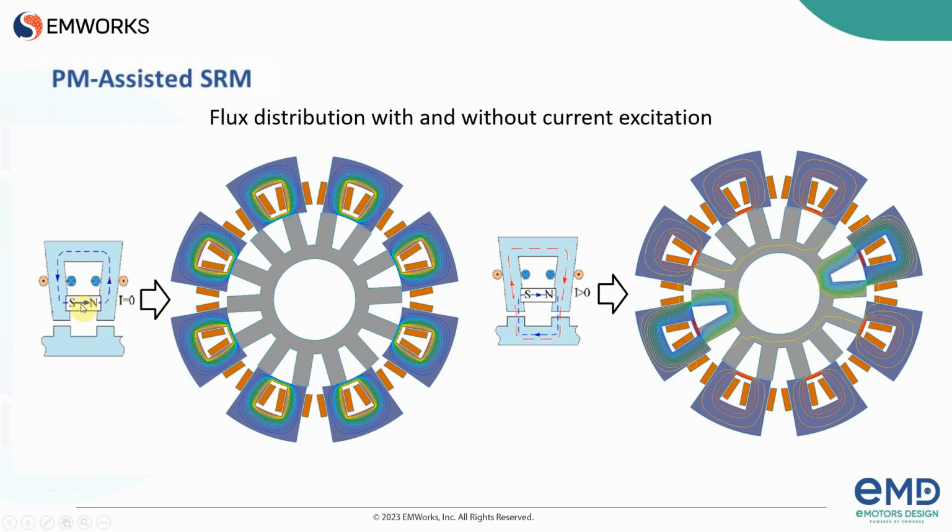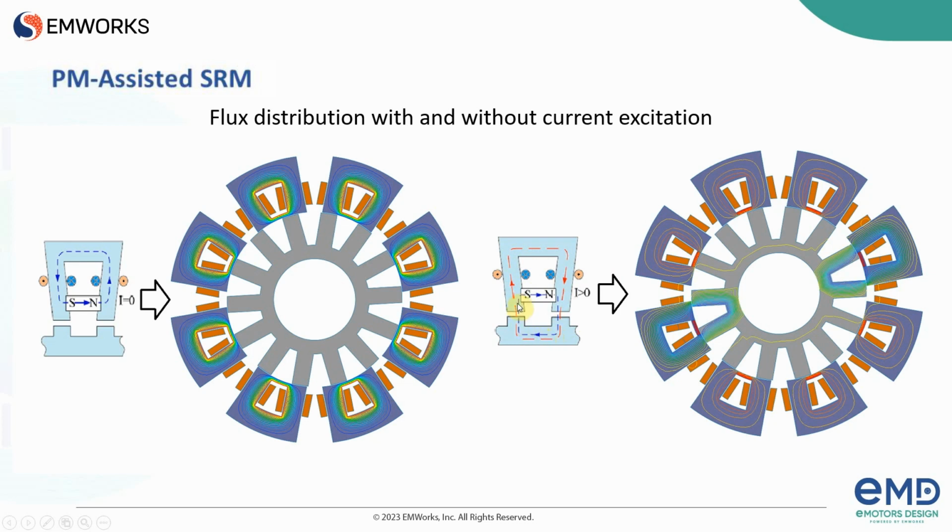With a permanent magnet in the stator, when we don't have any excitation in the winding, the flux will close its path in the stator segment, because the reluctance of this path is much lower than the air gap path. But when we have excitation on the stator and the flux density in the segment of the stator increases and becomes higher, the flux of the magnet will go through the air gap and the rotor to close